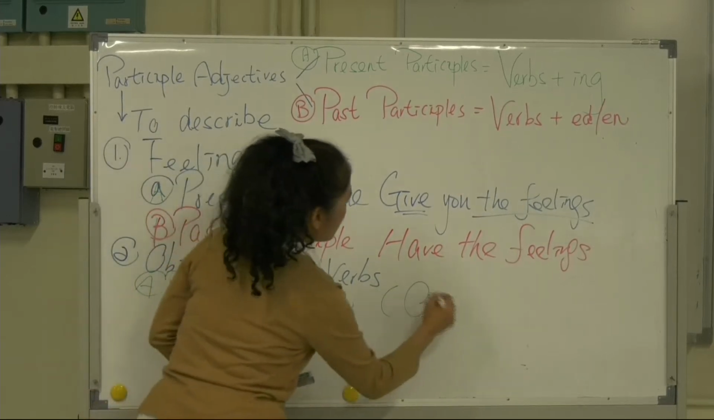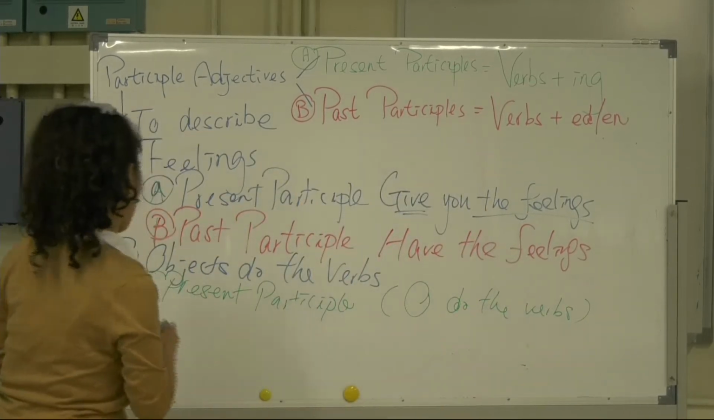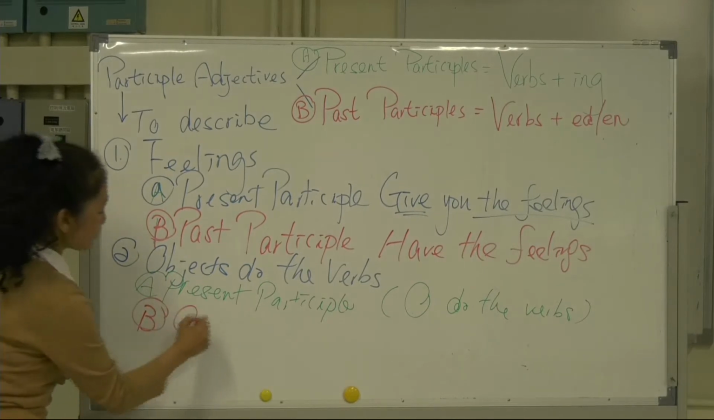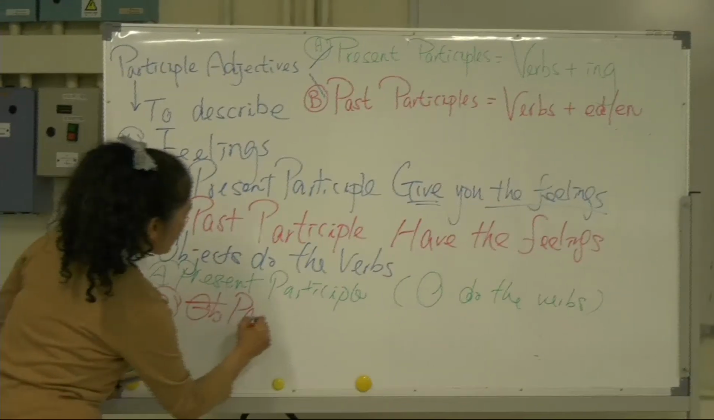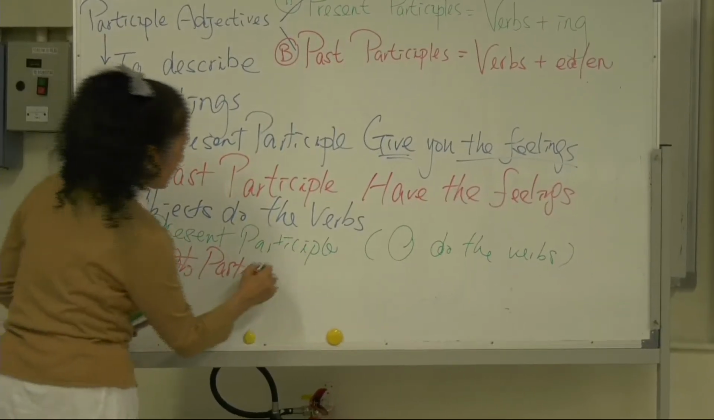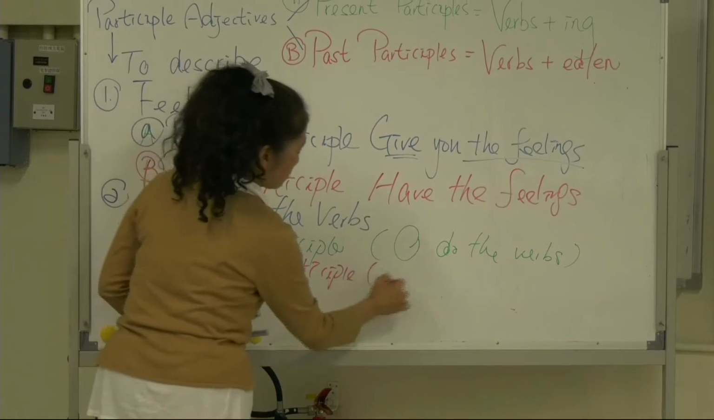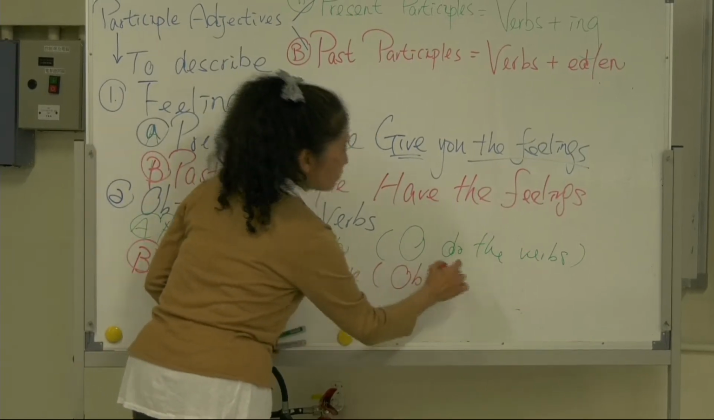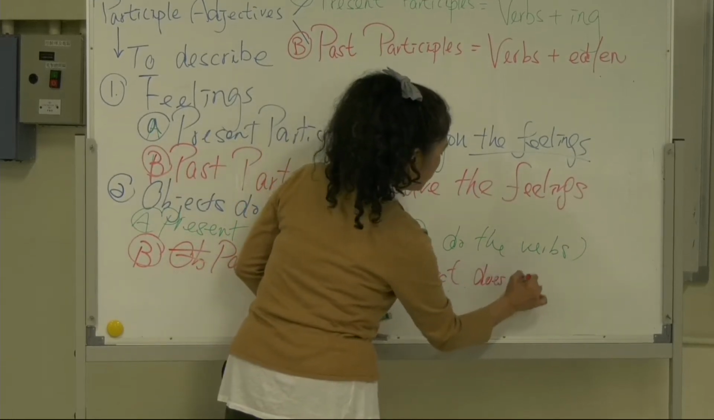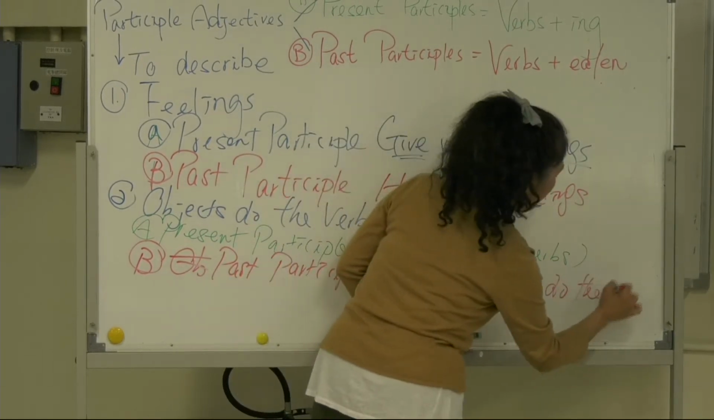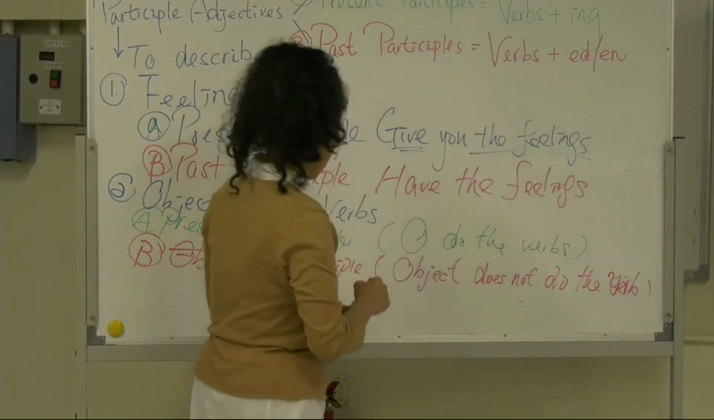Okay, object, do the verb or actions. But we use past participle, sorry, object. Past participle, I use red, that means past participle, okay? Participle, that means the object, like the cup, does not do the verb or action. I use verb. Okay, so